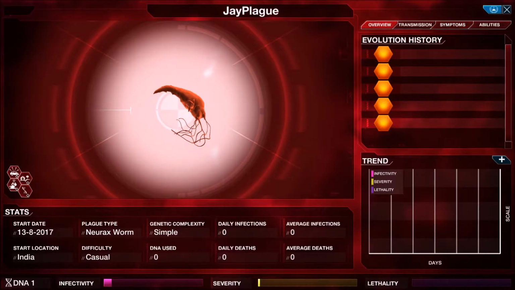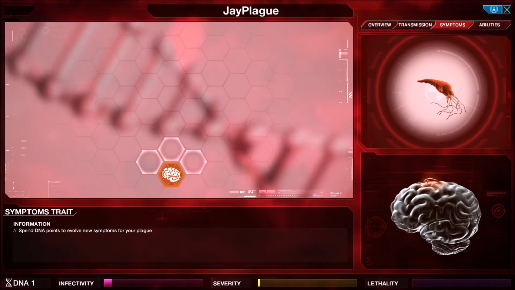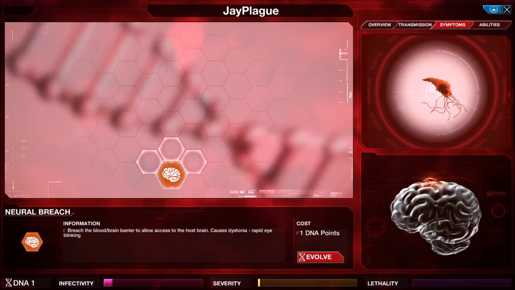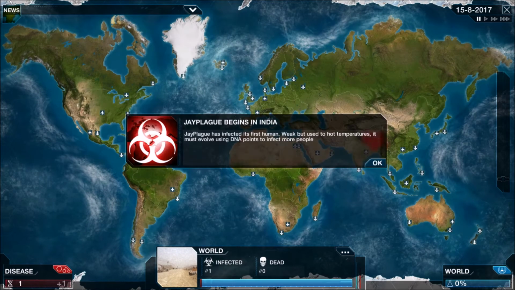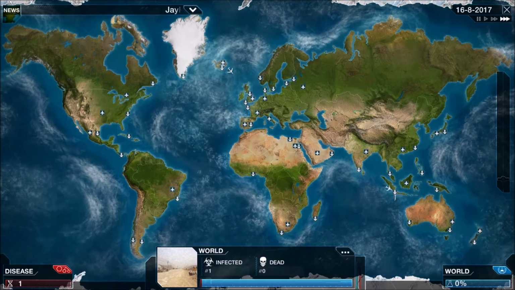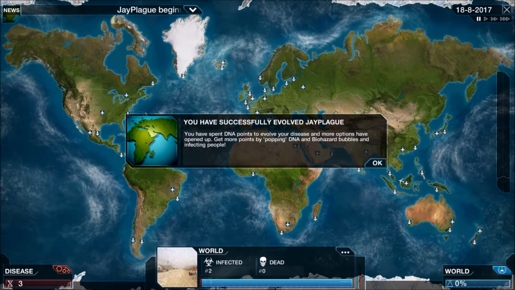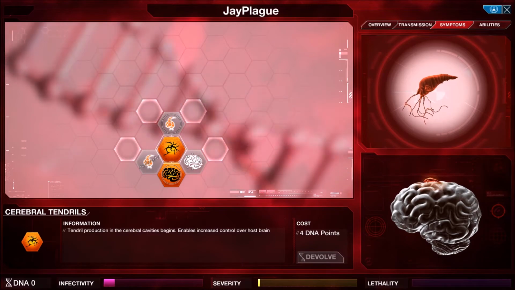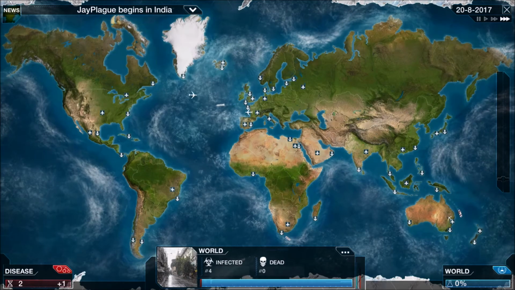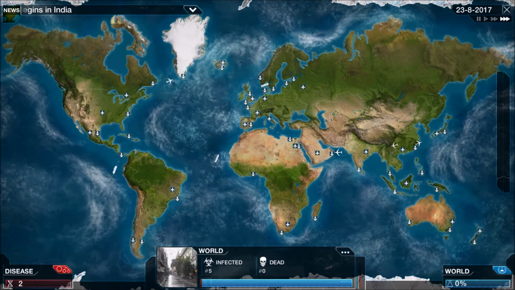And I think we're going to, since we already have... I think this tends to up the transmission. It tends to up how quickly you can transmit. So, okay. We evolved it. We can get some more. So it does start with severity. And, but we can actually get